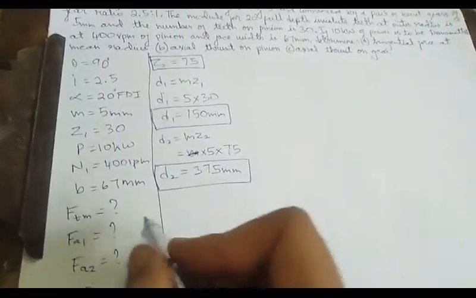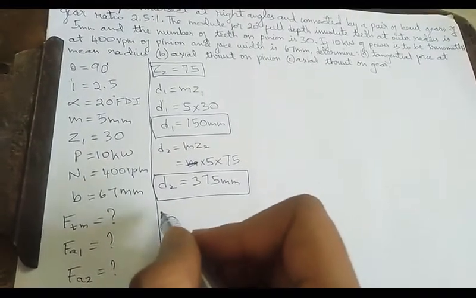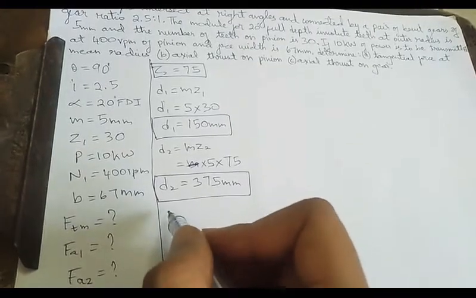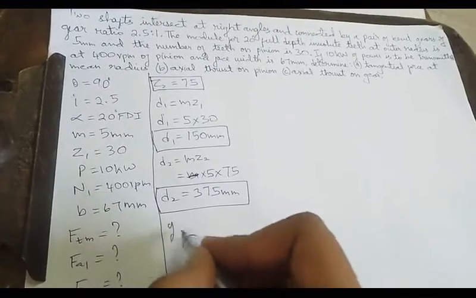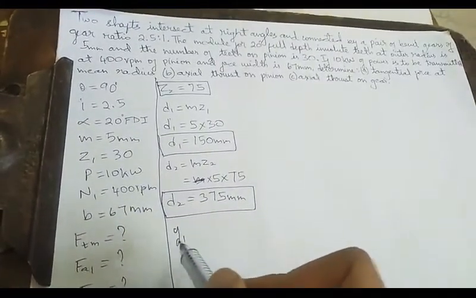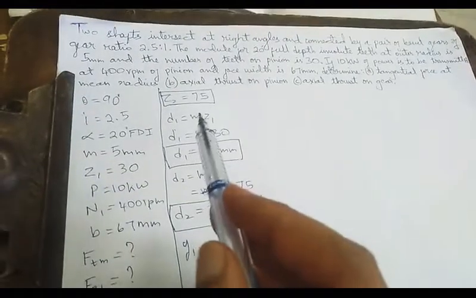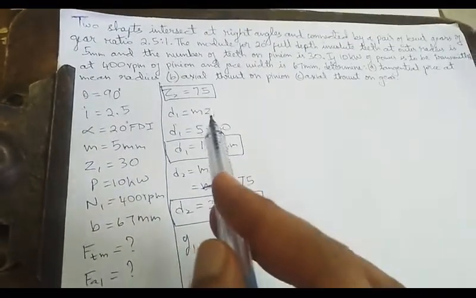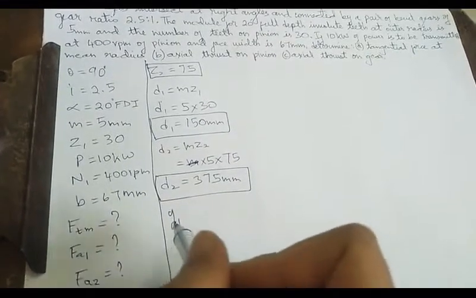Now before proceeding, we need to find the weaker member. To find the weaker member, we shall take sigma into y, but in this problem they have not given the allowable stresses, so we shall only take the value of y. We shall judge it based on y1 and y2. Since they have not given the material, considering that both the pinion and gear are made of the same material, we shall find the values of y1 and y2. To find y1 and y2, there is one easy method. We shall employ that from now onwards.